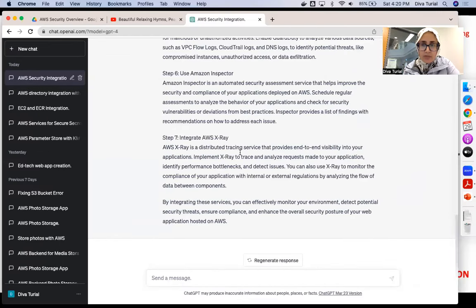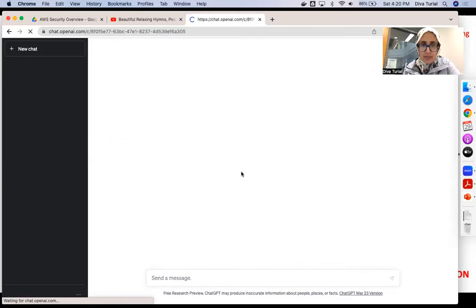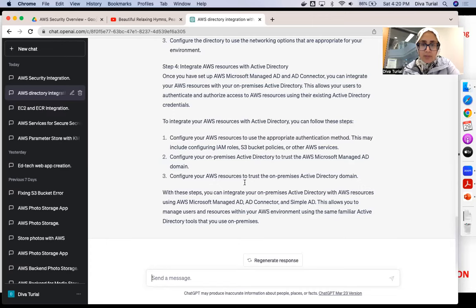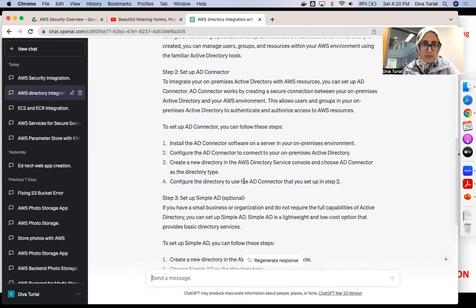I have actually been using ChatGPT for quite some time to learn AWS, and it's really, really helpful. It's a really amazing tool. It can help you learn the services in a much nicer and easier way compared to when you search the same stuff in Google, right?